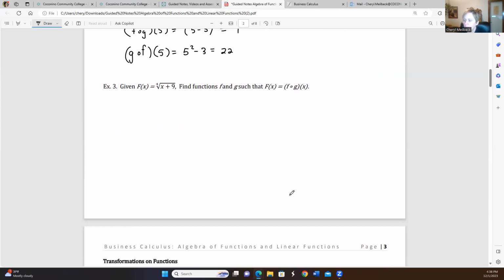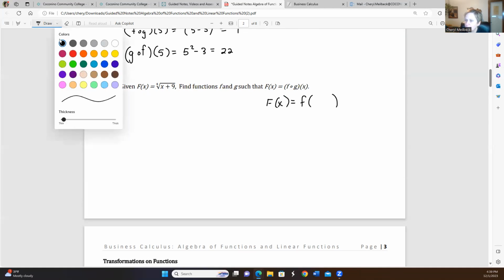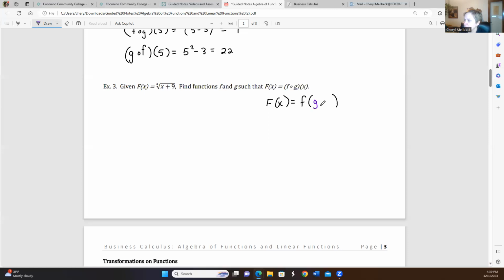In example 3, we're going to want to break up this composite function. So it says that this function is the functions f and g composited together. Or we could say it like this. F of x would have an outside function of f and an inside function of g. So looking here, we would check it out, and it looks like the g of x is that inside function, x plus 9,